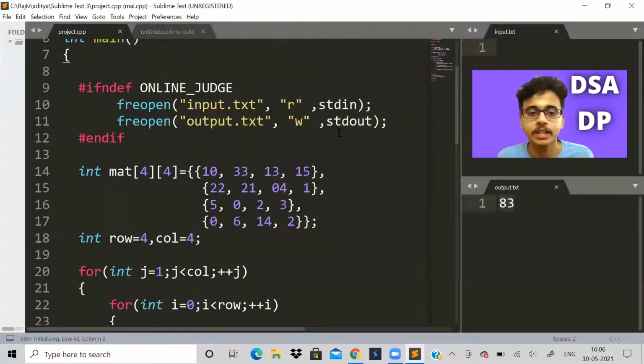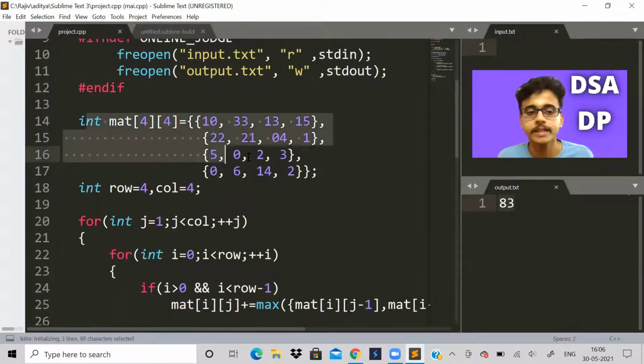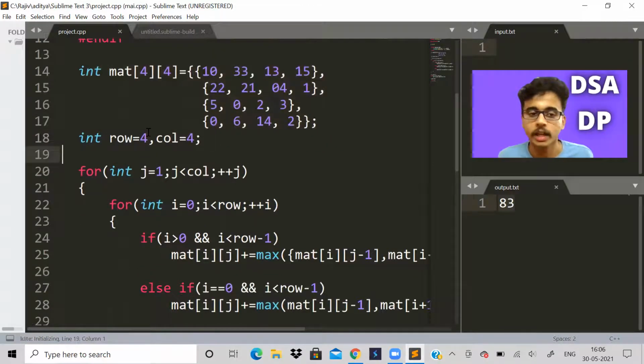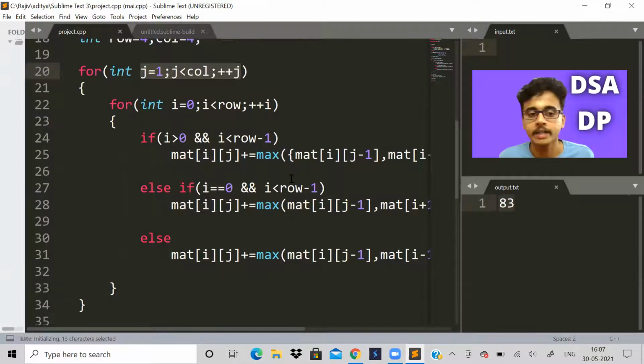Yeah, I have already coded this. Let me show you. This is the input matrix. I've taken a random 4 by 4 matrix, 4 rows and 4 columns, and I'm starting from the second column onwards. It is 0 indexed, so j equal to 1 means second column onwards. As I told you, first I will check for valid points.